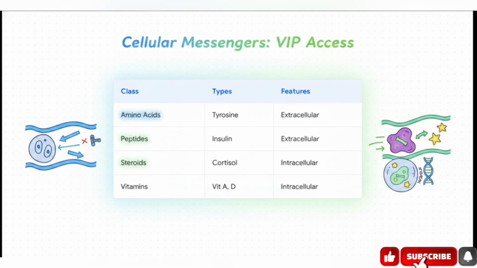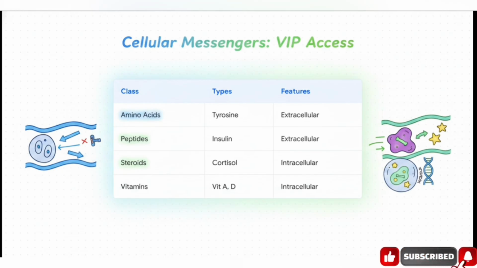First, we have amino acid derivatives like tyrosine, which gives us catecholamines and thyroid hormones, and tryptophan, giving us serotonin and melatonin. Second, we have peptide and protein hormones, like the 51 amino acid insulin or the 84 amino acid